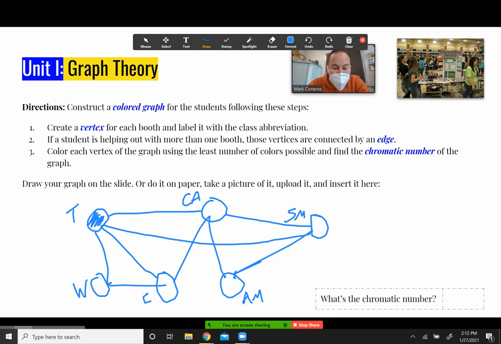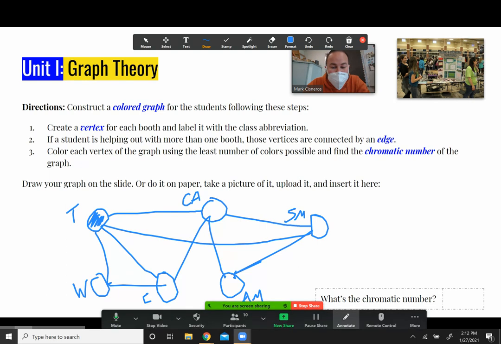So if that T is blue, then the only other one here that can be blue